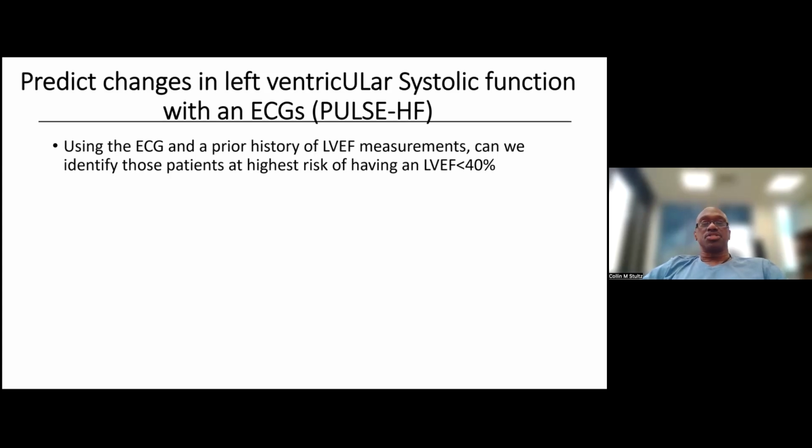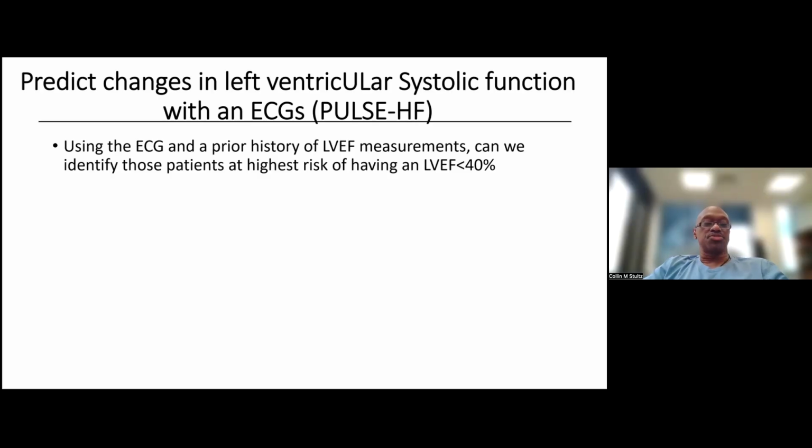Now, heart failure is typically grouped into different classes, but the main classes of interest are heart failure with reduced ejection fraction, and that's when the EF is less than 40%. There have been a plethora of different studies that have outlined a number of medical therapies that affect both mortality and functional status and morbidity. And then there is heart failure with preserved ejection fraction. And then there is this middle-of-the-road group with LVEF between 40 and 50%. So the task here is, given some easily obtained data at some point in time t, can you predict when the patient will fall into a relatively high-risk subgroup that has a reduced ejection fraction?